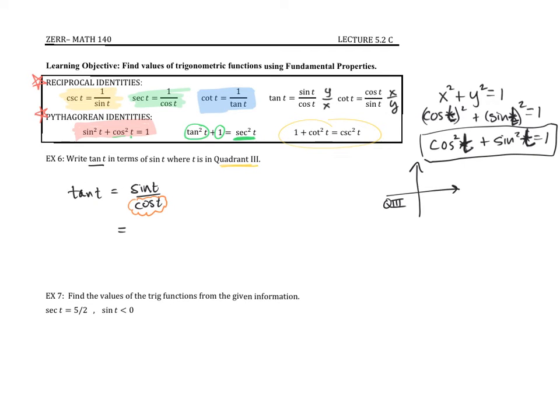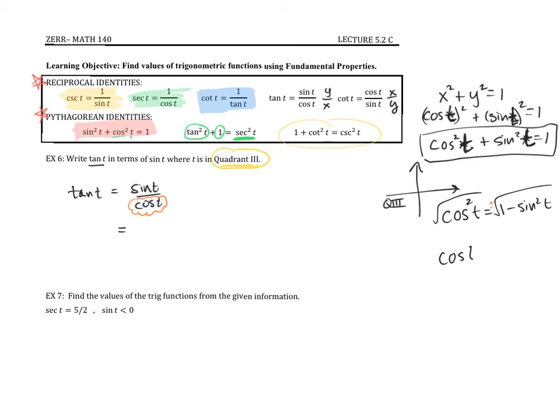Well, I know my Pythagorean identity, so I could use substitution. If I could get an expression where I rewrite cosine of t only in terms of sine, well, I'm really close, because right here, if I subtracted sine squared from both sides, I would get 1 minus sine squared of t. And then I could take the square root on both sides. But we do need to take both the positive and negative square root. And then we go back and we think, okay, quadrant 3,